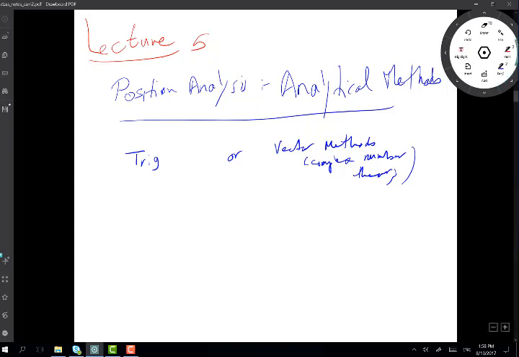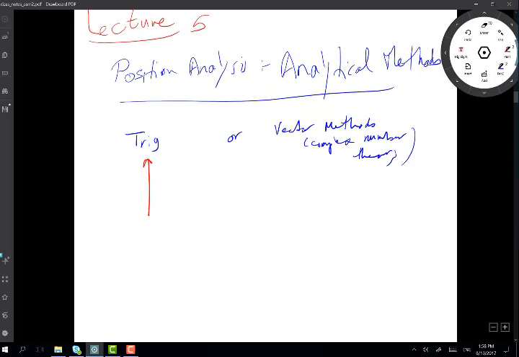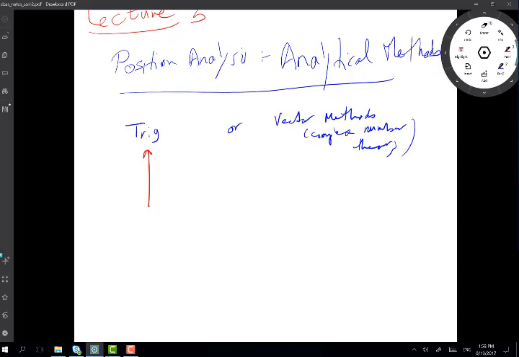So we'll start by looking at trig and how it is used for the position analysis of linkages. I just hope you still remember your simple trig identities, because you are going to use them a fair bit in this course. So maybe I can just write some trig stuff. I can say sine,